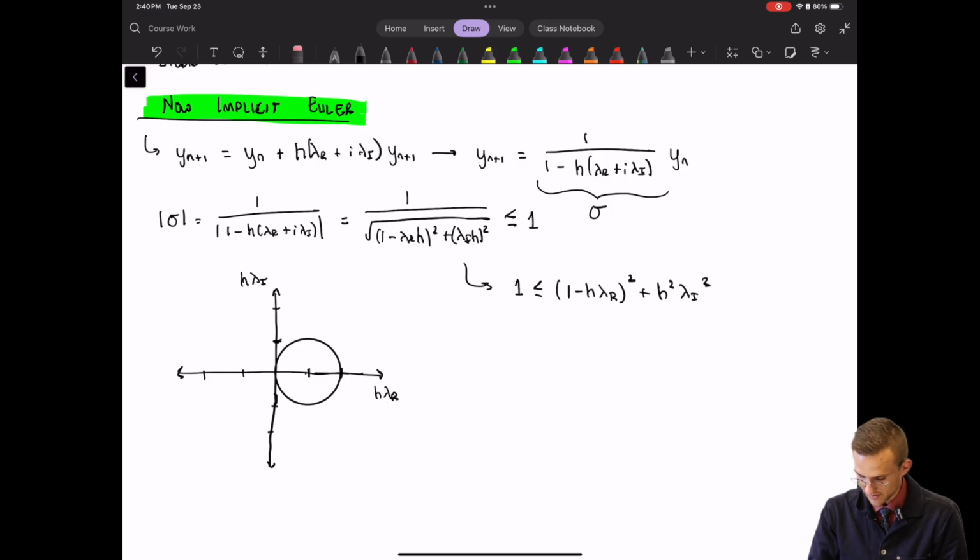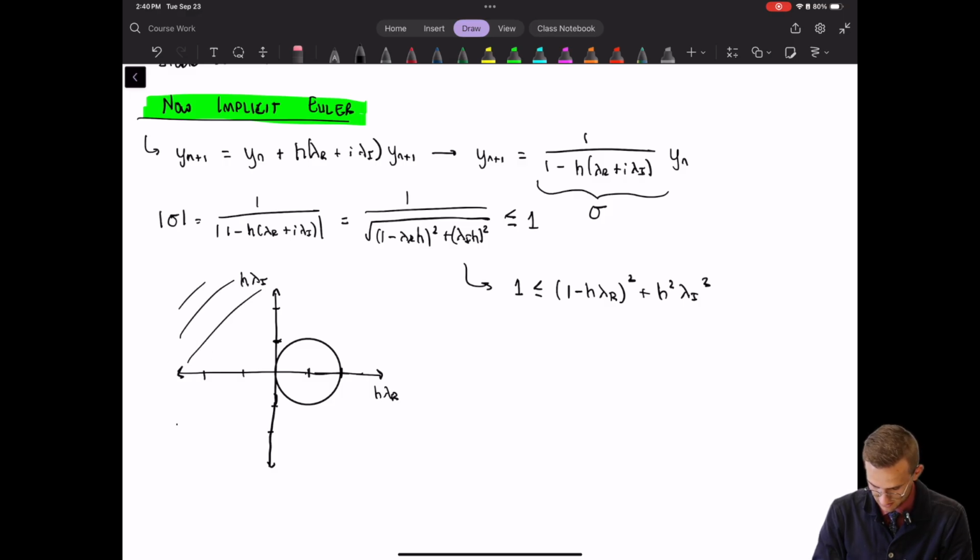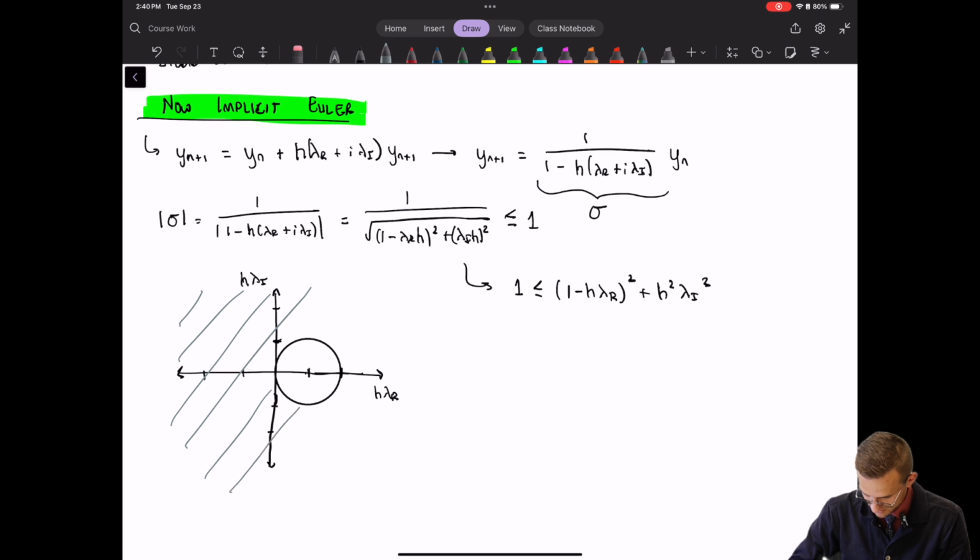Okay, and then look at the way this inequality faces here. It's not saying that everything is less than 1. In effect it's saying everything outside of the circle is stable. Okay, and so we can go ahead and shade the entire domain outside of this disk,